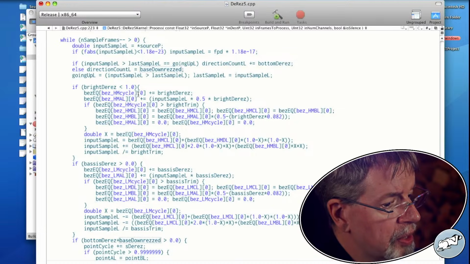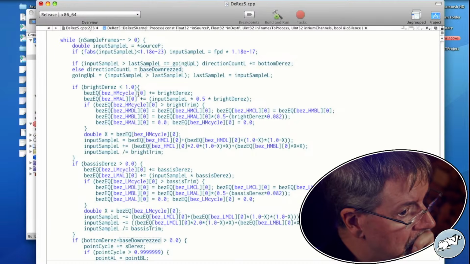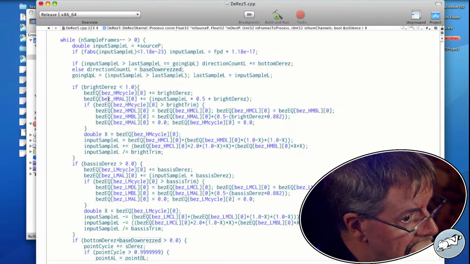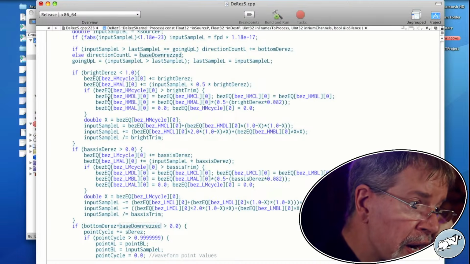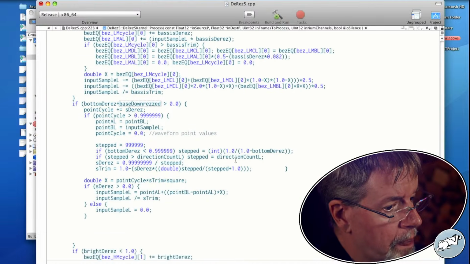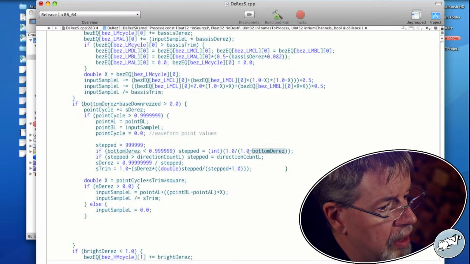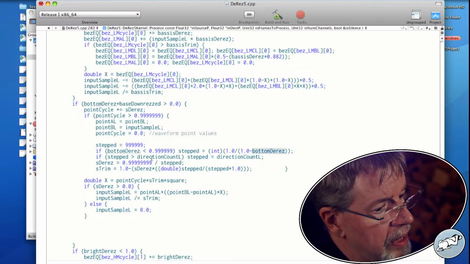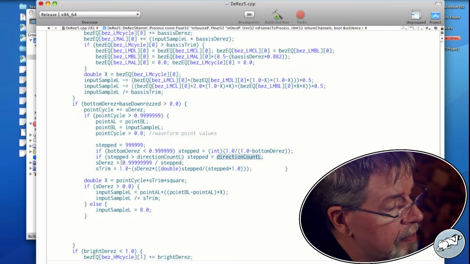So logically, then I need to go and look for whether I'm dividing by direction count L. Gets to be a large number. We're not really dealing with what happens when it's a tiny number. We're testing from there. If stepped is larger than, stepped equals, that means it can become 0. That means it can be divided by 0.